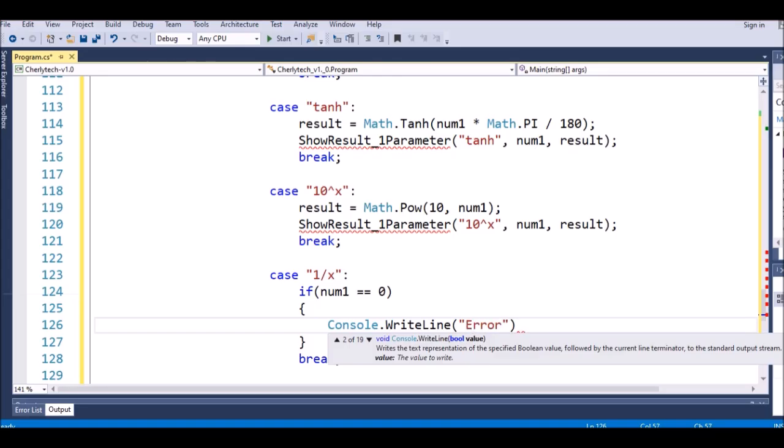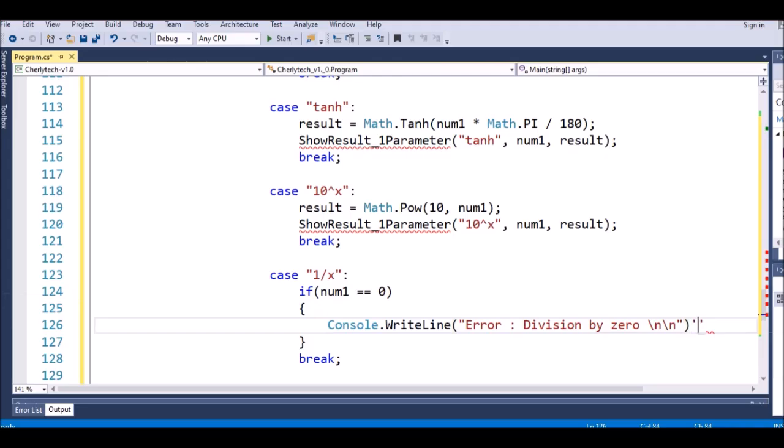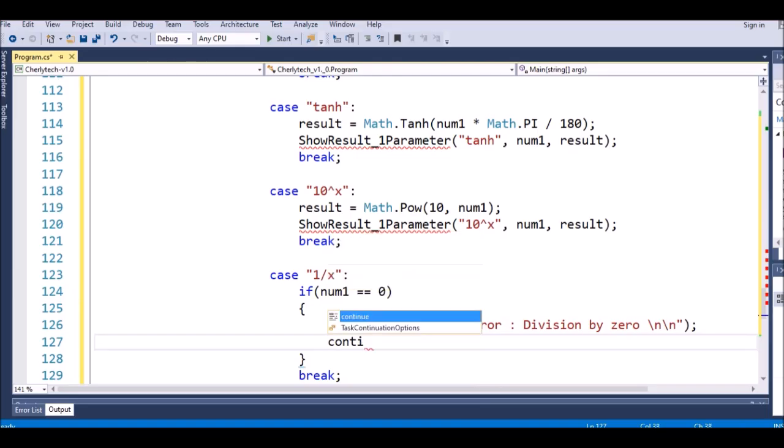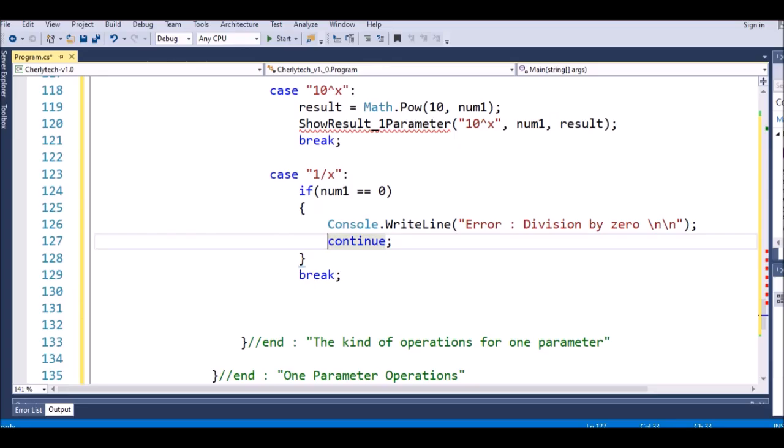Error: division by 0. And then we enter a new line, and then we say continue, so the program continues, but else